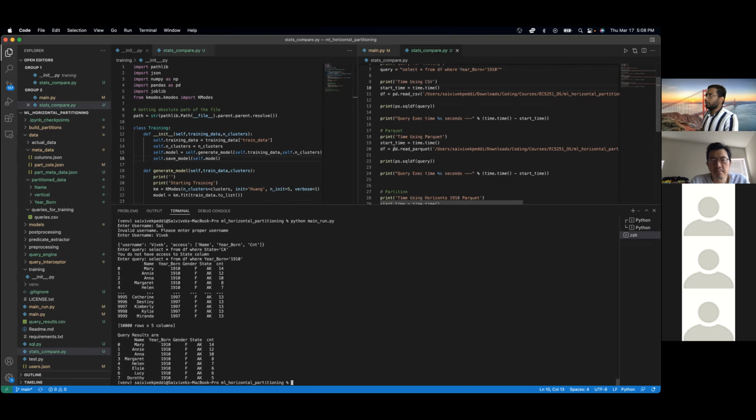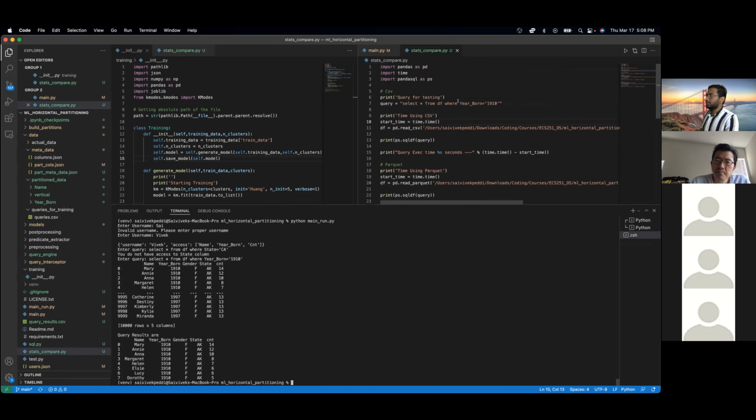So the query is select star from the DB where year born is 1910. Let's say this is the query that we are trying to run, and we want to compare the stats. Now, if I run python stats compare.py,